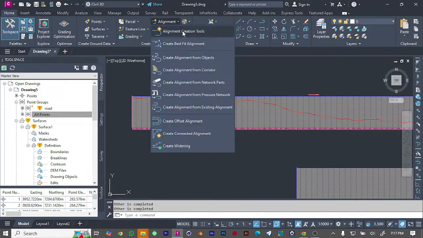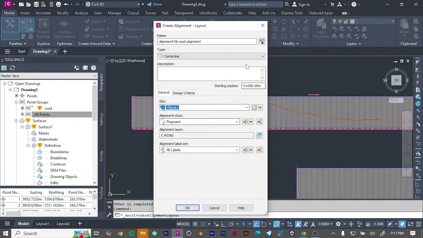Then I just create proposed road profile. Then I just call it road profile for HB. You should ensure that you're keeping your workflow,